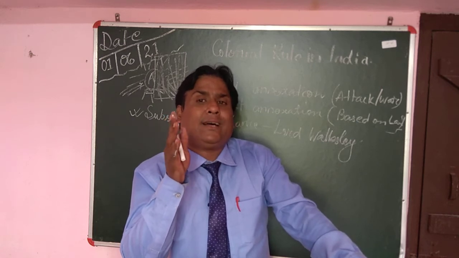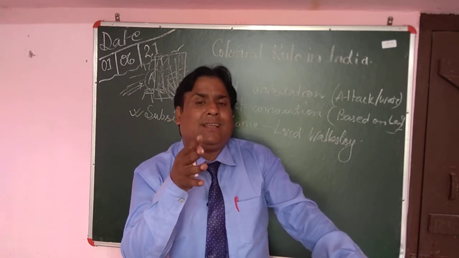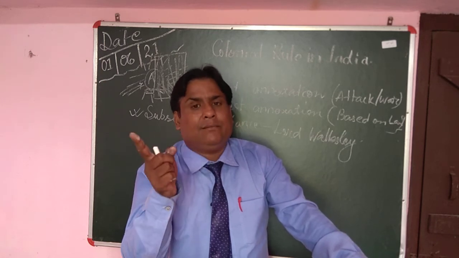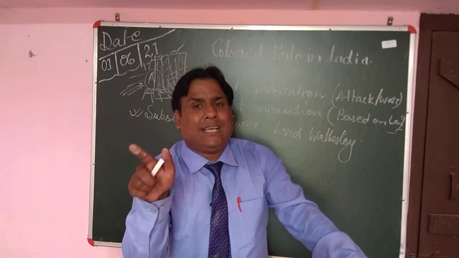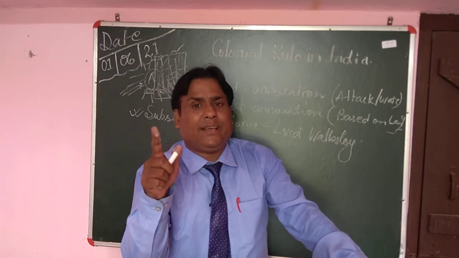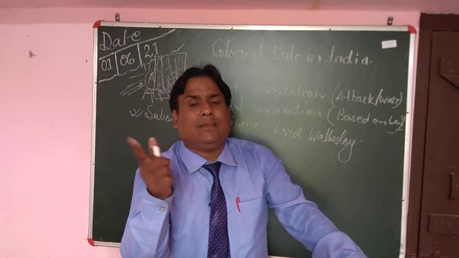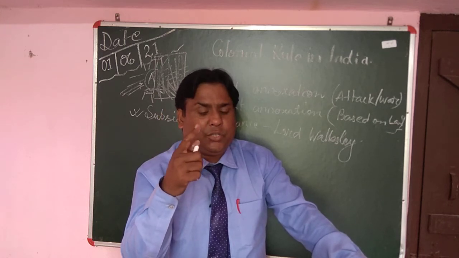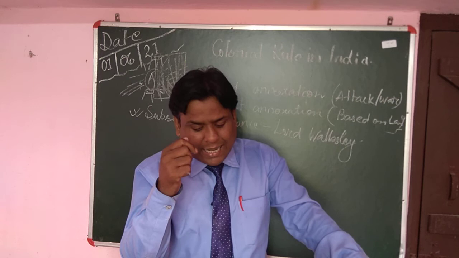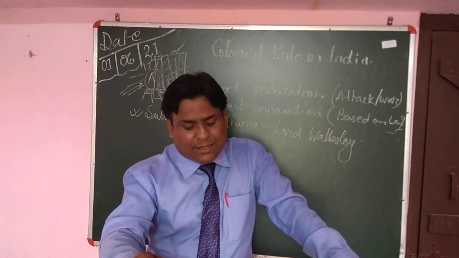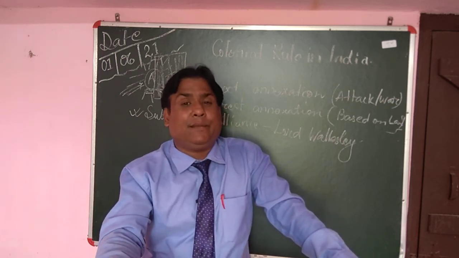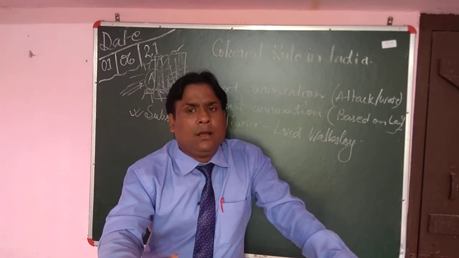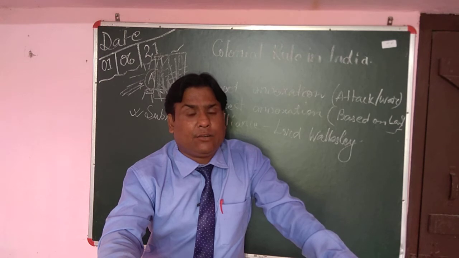The king who is ready for the subsidiary alliance, one official or British officer will be deputed there in the alliance court. He will be looking after all the affairs of the court and economic activities. He will give a report to the British officials. And the ally could not maintain any relation with any other ruler without the approval of the British. It means if the British don't allow, nobody can have a relation with the